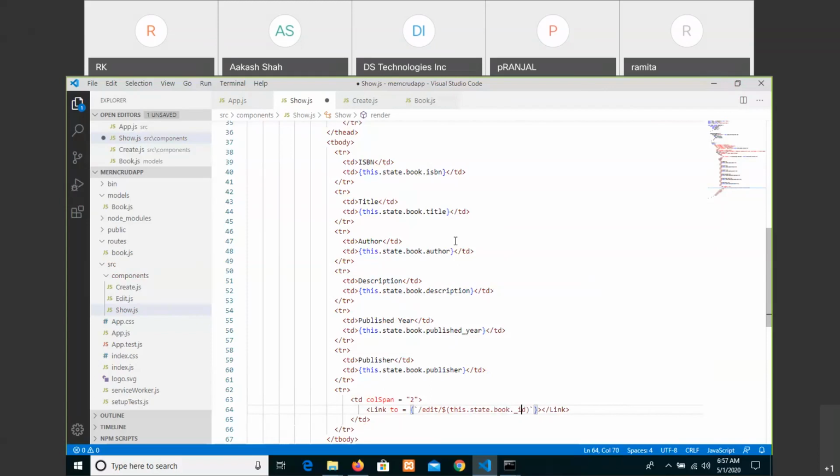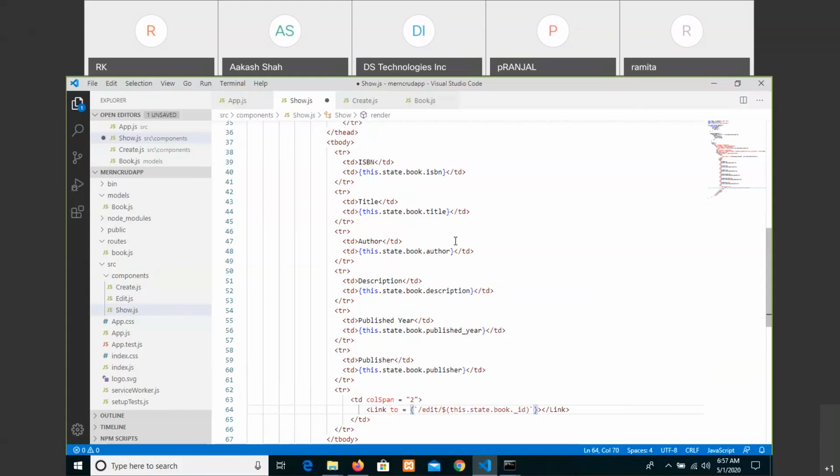You are referring a link to the edit page. The given dollar is representing taking that particular property from this dot state dot book dot id, and let us write